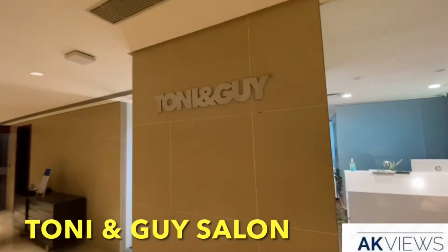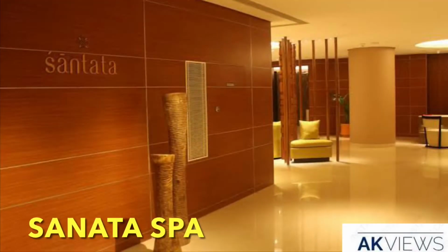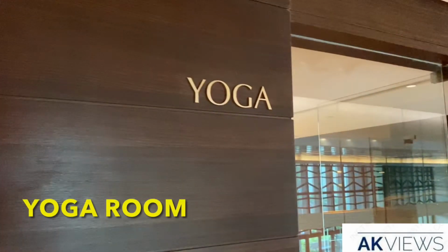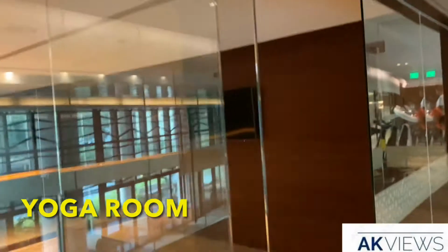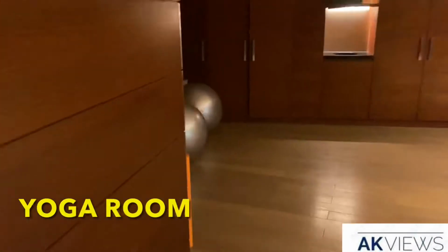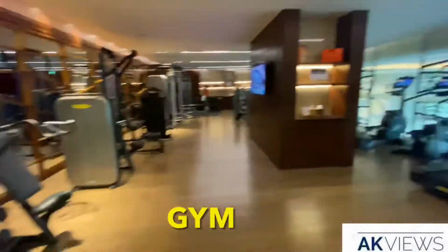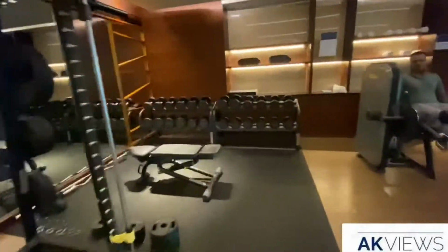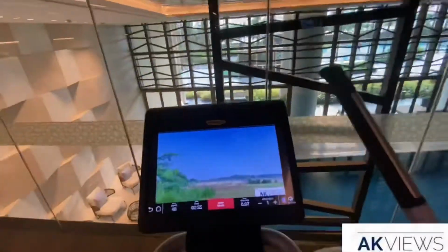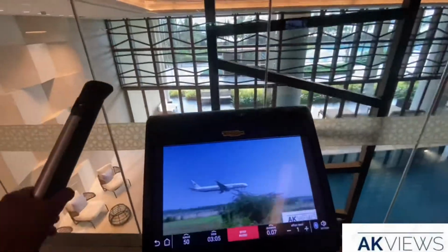They have Tony and Guy salon inside, a fully operational spa, a huge separate yoga room with all the materials that are needed to do yoga. They have a huge active gym with some cardio machines, treadmills, leg machines, the chest and the dumbbells. The cardio machines had Wi-Fi and YouTube, so I just thought of doing cardio by watching one of my favorite YouTube